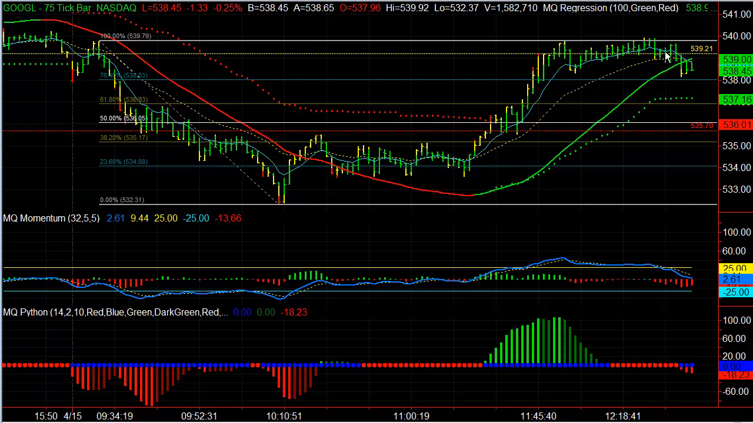So at this point, you are starting to get a little bit of a pullback, but there's not a bunch of bears jumping on Google right now. Because again, this particular move right here was about $4 to the upside from the breakout level, and $4 to $5. So again, Google gives you a really good example how to play a breakout to the downside,